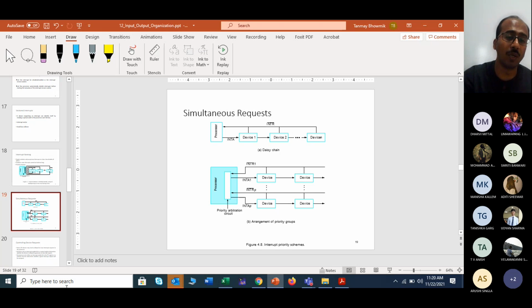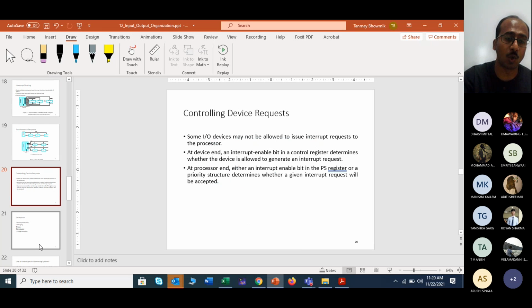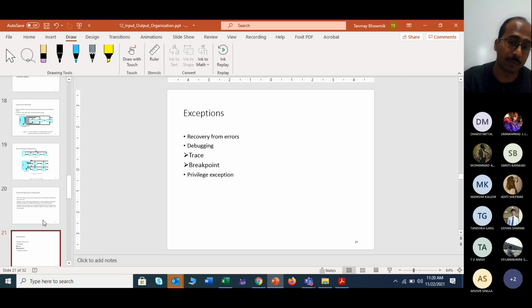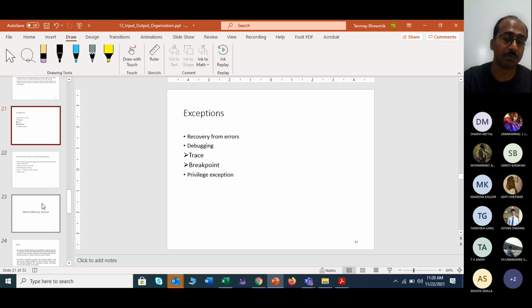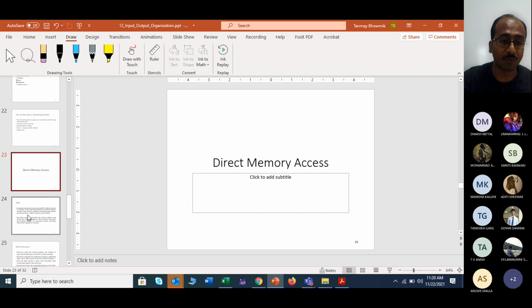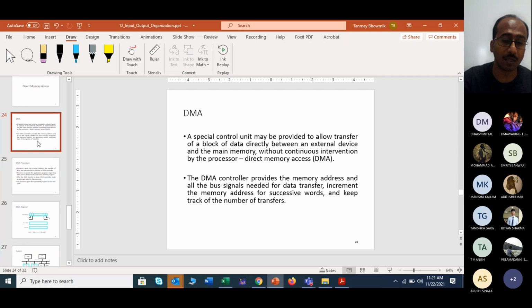Okay, so we will stop here today. We have seen how these interrupts are managing your system, and how your system will revert back in response to an interrupt request. Also there are some exceptions. What type of exception is there, and how we will recover from errors or other things, all these things are also there. Now this part will be kept for your own reading. This part will not be covered here.